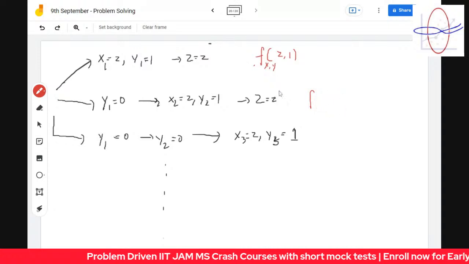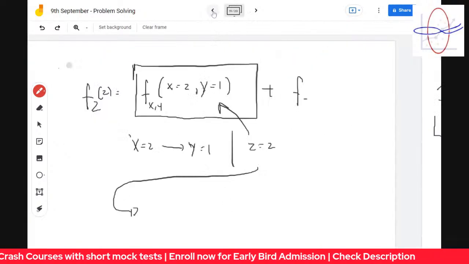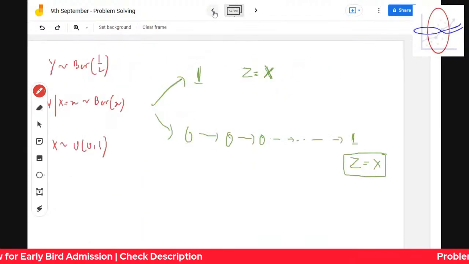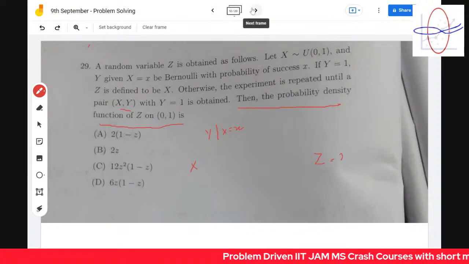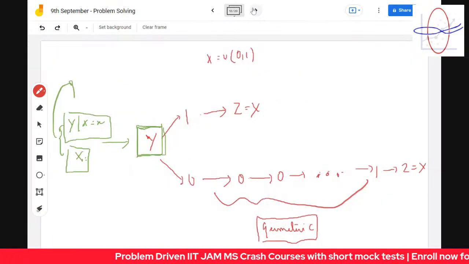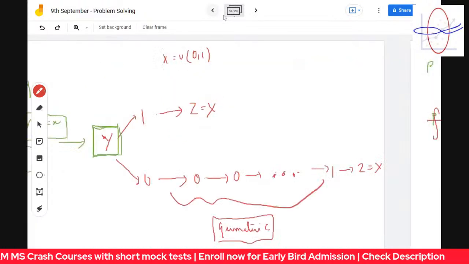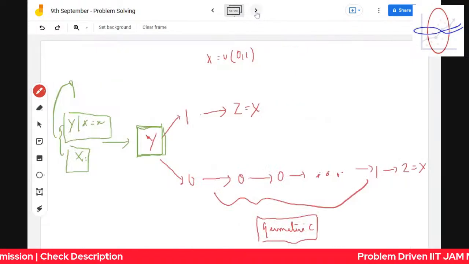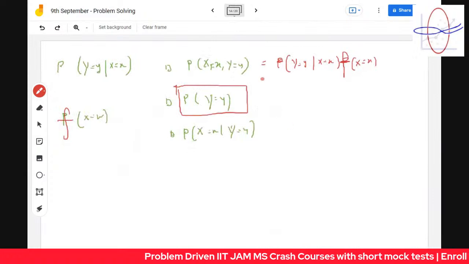means the first time y is equal to 0 comes, y1 is equal to 0 comes, and y1 is equal to 0 coming, what is the probability? Did we calculate that clearly, guys? Did we calculate that properly? Y is equal to 0. Y1, y is equal to 1 coming, the probability, I think we calculated that properly. Did we calculate the probability y is equal to 1 is